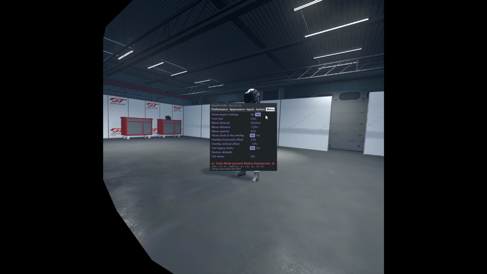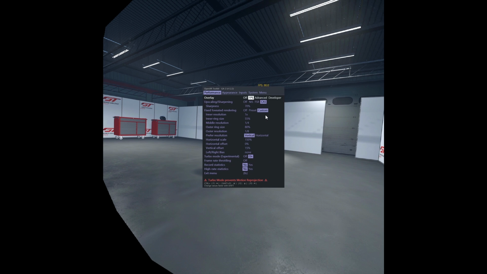Afterwards, we move over to the Performance tab. And there, first item to activate is the overlay. Set it to FPS so that you will get a monitoring of your frames per second. I have to say, don't get too much triggered by the value there. You see it's 90.0 on the menu situation here. With my settings, you probably will not be getting the 90 frames per second on a HP Reverb G2 all the time. However, you will get all the time a fluent experience, and that's actually what we are targeting for.